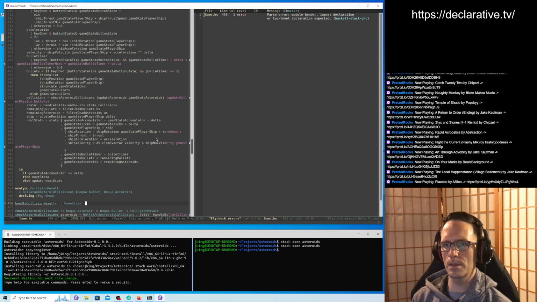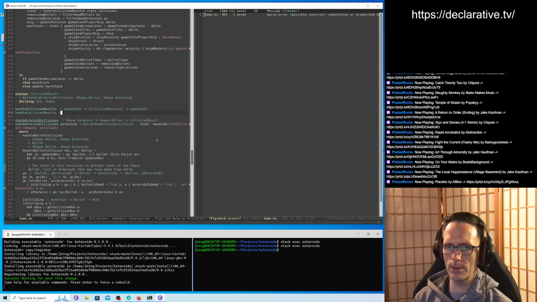Game state, list of collisions, or collision results. Okay, so now that we handle the collision results this way, we don't have to do any filtering or